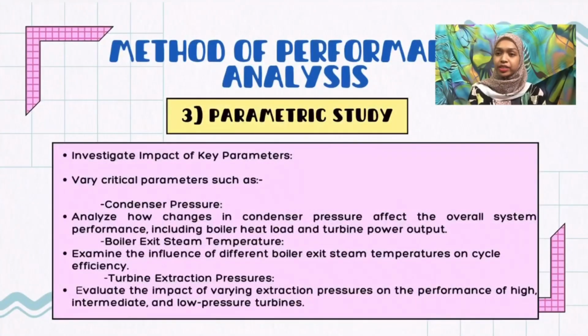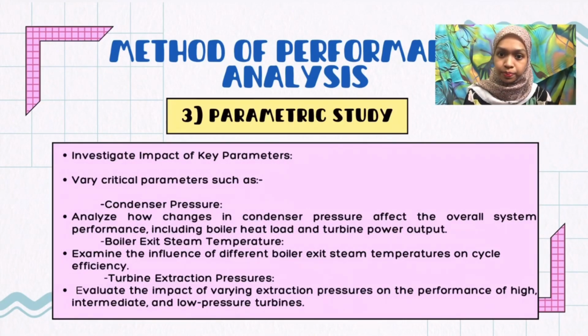First step is a parametric study. First is to investigate the impact of key parameters. Second is to vary critical parameters such as condenser pressure, boiler exit steam temperature, and turbine extraction pressure. So condenser pressure is analyzed: how a change in condenser pressure affects the overall system performance, including boiler heat load and